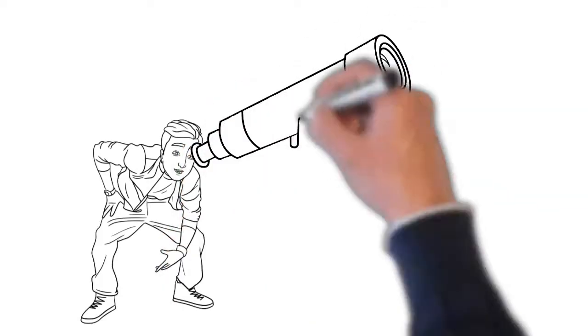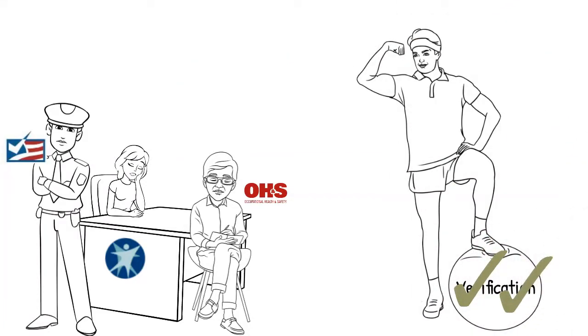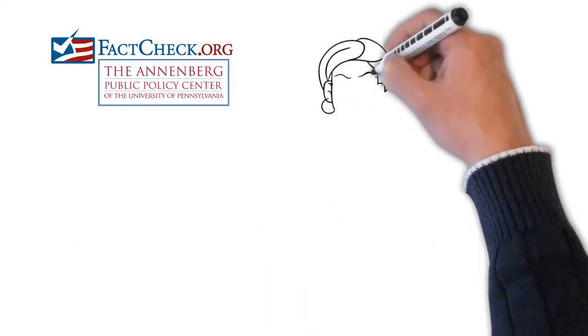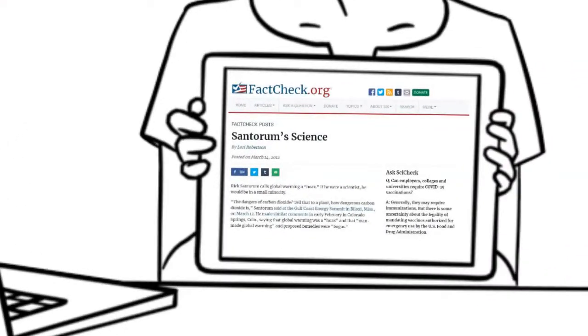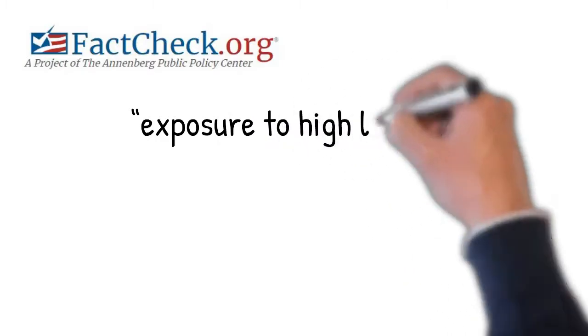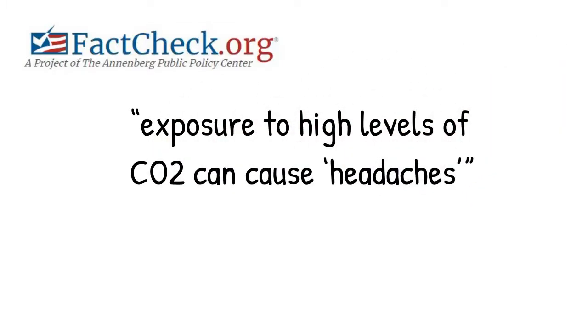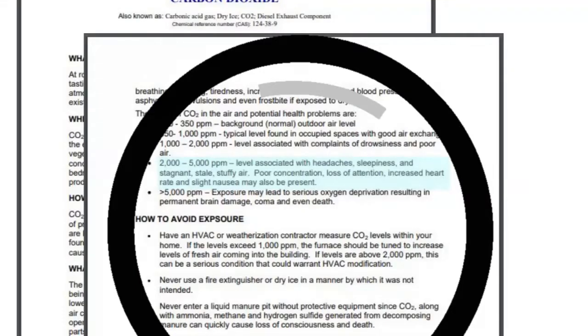Now let's look at another example. This involves a so-called fact checker, a government agency, and a scientific magazine that failed to verify something that an average high schooler could have checked. Back in 2012, an organization called factcheck.org published an article about the dangers of carbon dioxide. It said that exposure to high levels of CO2 can cause headaches based on a cut sheet from the Wisconsin Department of Health. This cut sheet claims that CO2 levels of 2,000 to 5,000 parts per million are associated with